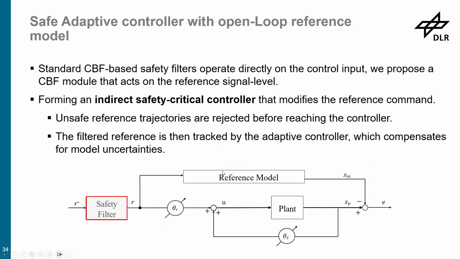So you just put the safety filter right in front of everything and just act like this is the control input to your system, right? And then you have a reference signal that is safe if you learned the model correctly. And then your adaptive gains are trying to converge towards the safe reference model.